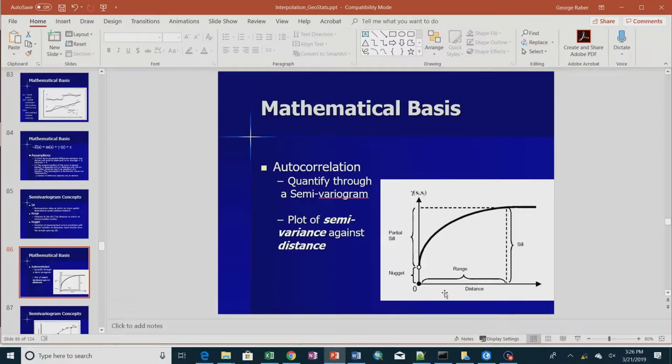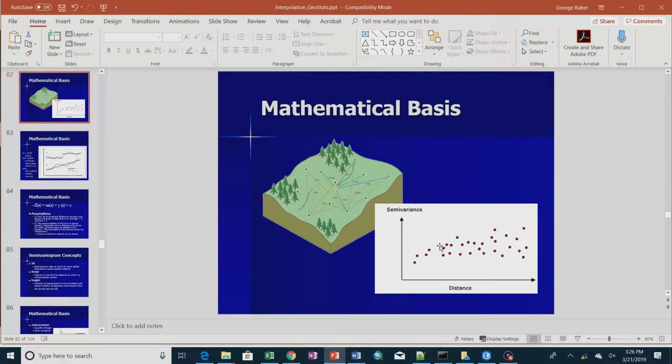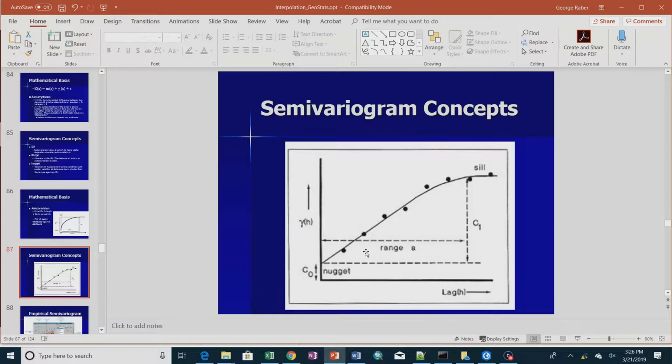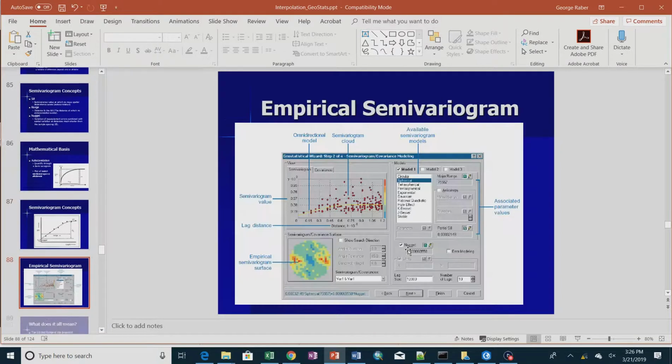So this is the point cloud of the points, and then this is actually the line fit through those points. So that's actually what the semivariogram is. It's the line that's fit through all those points. This might be more idealized if the points really were this close together, which you probably would never see. But the nugget is this distance, the sill is all the way up to there, and then the range is to the sill, that distance, and that distance is related to the distance that you should include those points in your